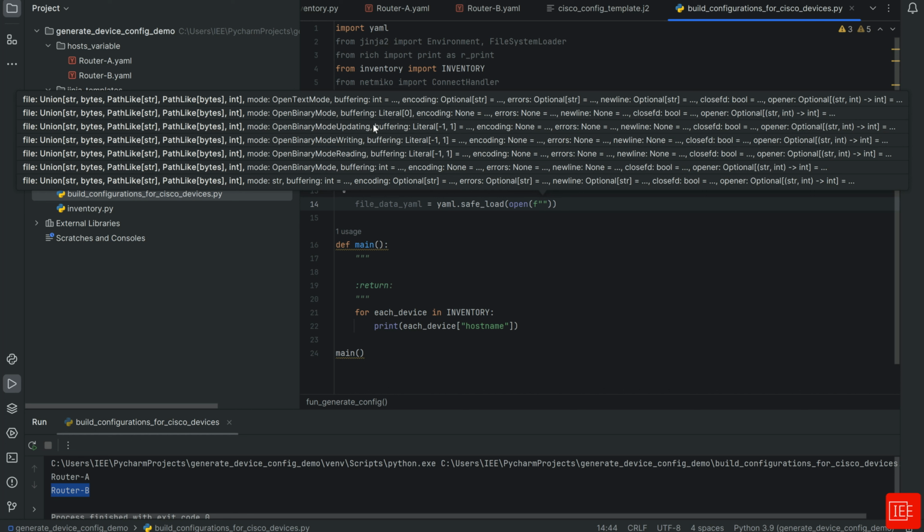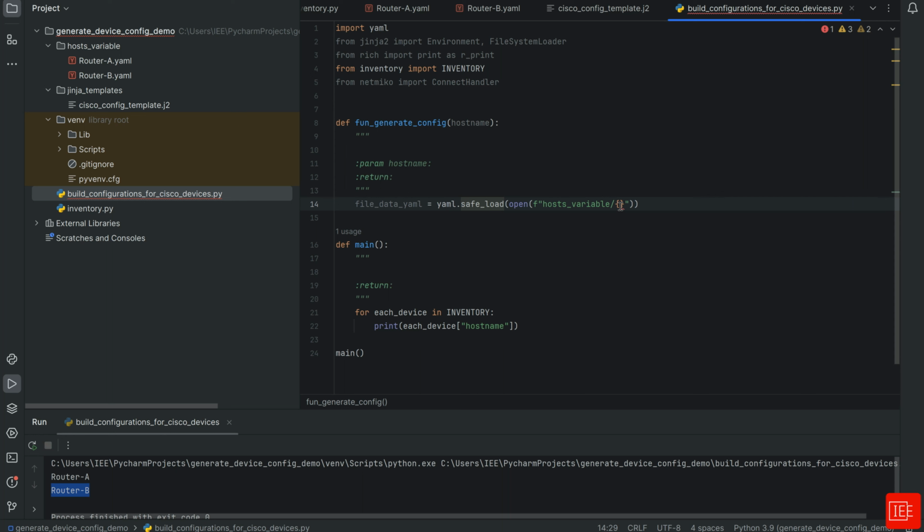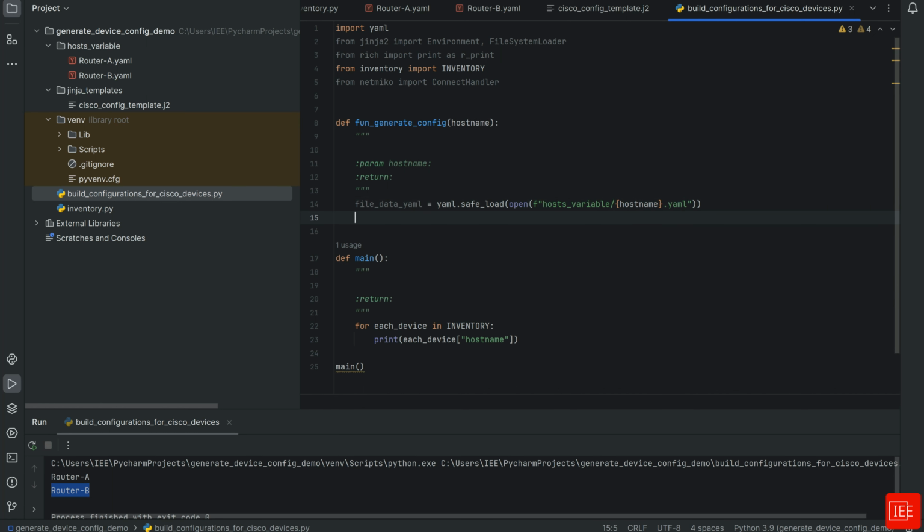And I'm going to say hosts underscore variable forward slash, and then here we're going to specify the host name that is being passed by the function. And we're also going to say .yaml. So at this point, we will have an object. So if I were to go ahead and print this,